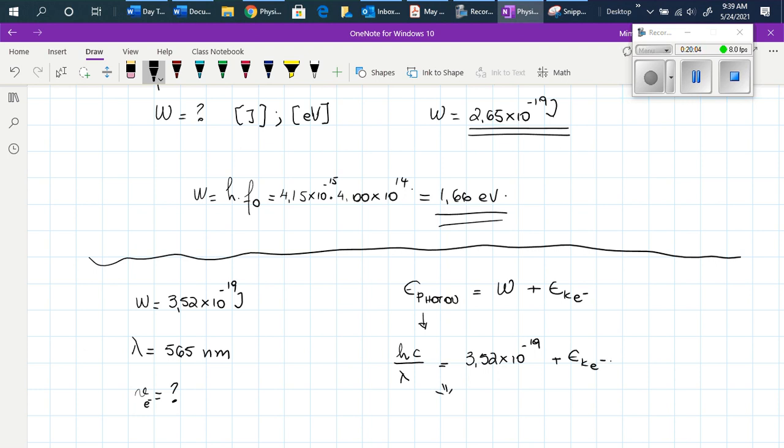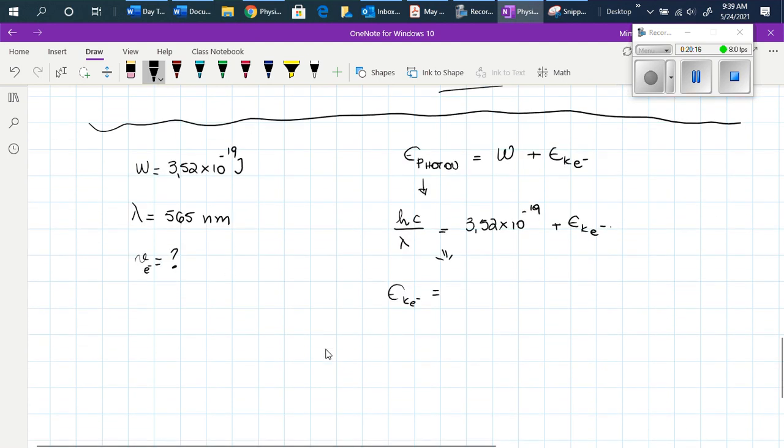So from here, the kinetic energy of the electron will be equal to Planck's constant, and now we are working, work is given in joules. Every time you are looking for the speed of the electron, even if it is given in electron volts, you have to use joules. So this will be